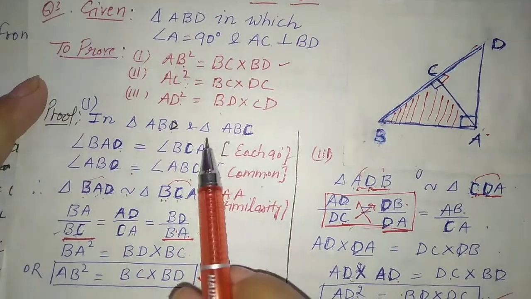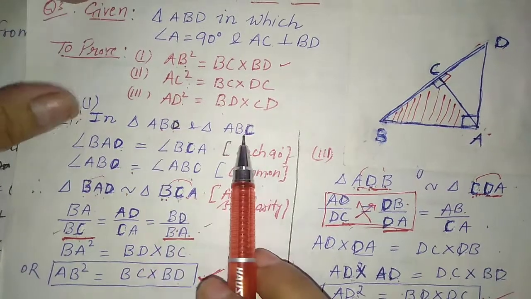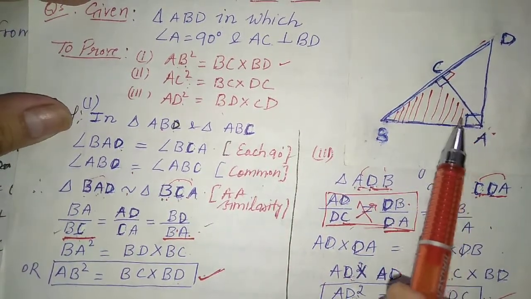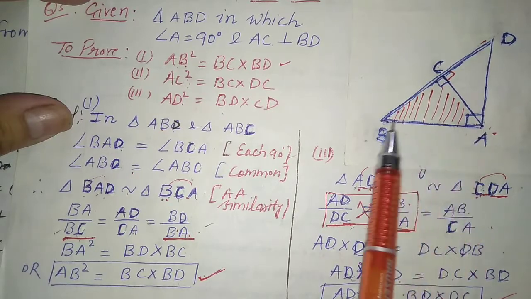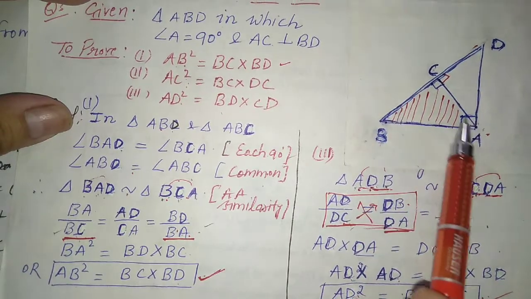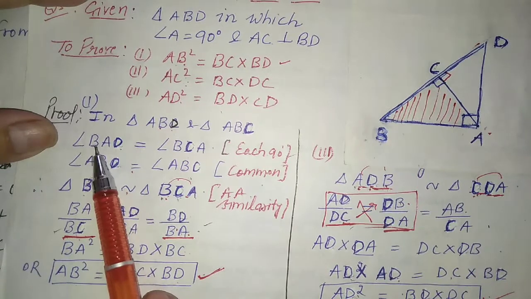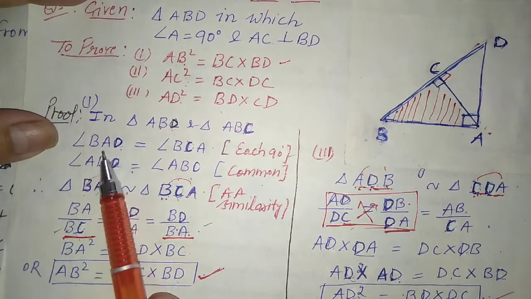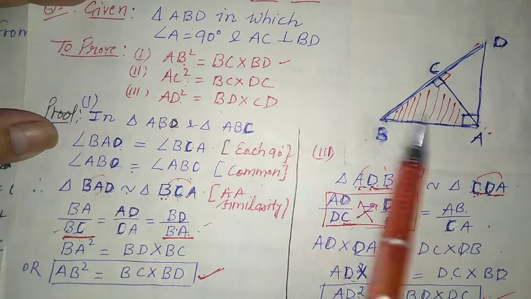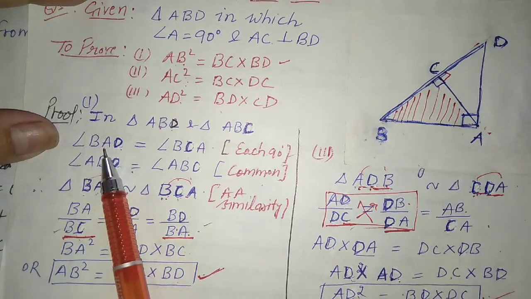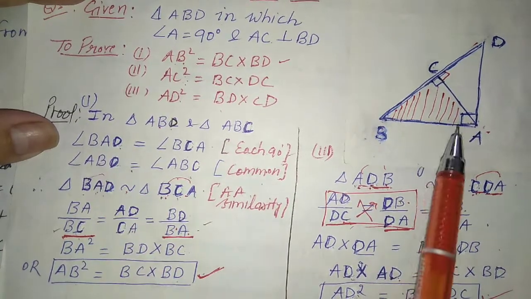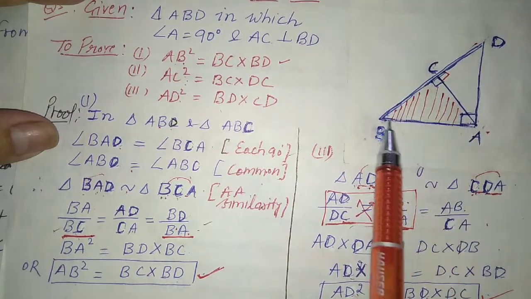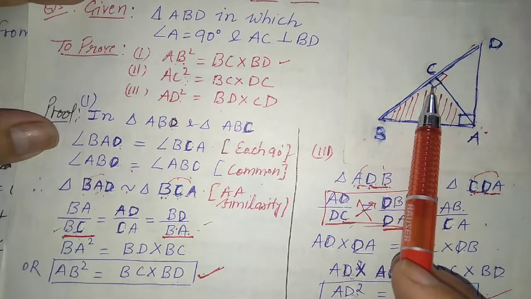So what we have here in triangle ABD and triangle ABC is that one angle is 90 degree. We can see here in triangle ABD, this angle A is 90 degree. So we have written the name as BAD, or you can write DAB. A should be at the center, where the 90 degree is formed. Similarly, here in this smaller one, this is BCA. So in BCA, this angle is 90 degree.